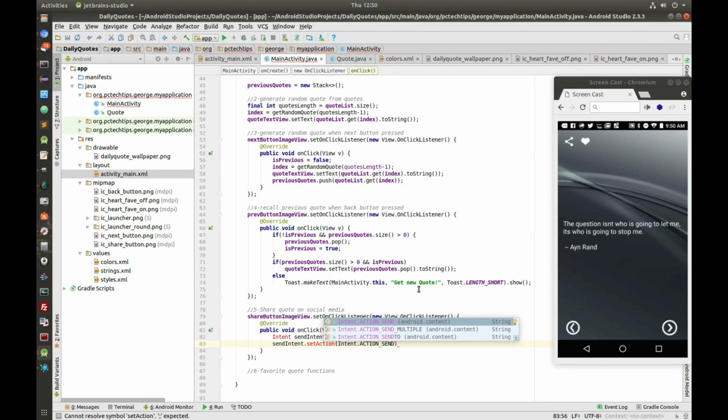So I'm going to insert the class for Intent, and finally I'm going to say sendIntent